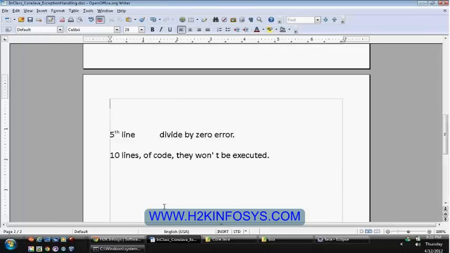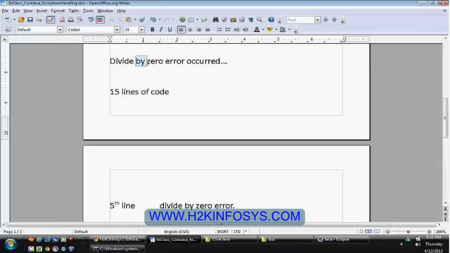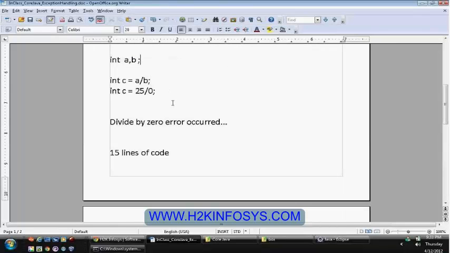Here you can see the divide by zero error occurred because of the client inputs. The client hasn't sent the data properly. If he had sent the data properly, let us say 25/10, we could have calculated the value properly and executed the rest of the code.